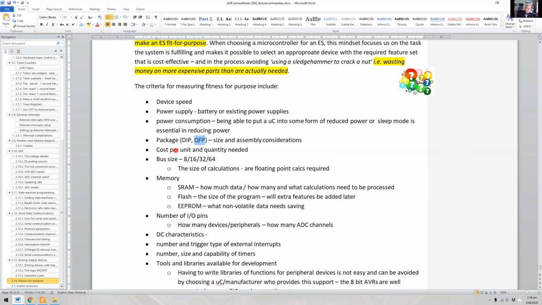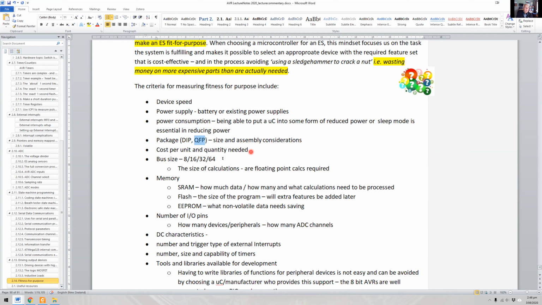How much they cost and how many you need. Now, another really big consideration there is if you're doing multiple projects using microcontrollers, then it might be easier to buy 1 million microcontrollers of one type than it would be to buy 750,000 of that type and 250,000 of another. But of course it might not be. And so an engineer's job is often to balance and weigh up these ideas,